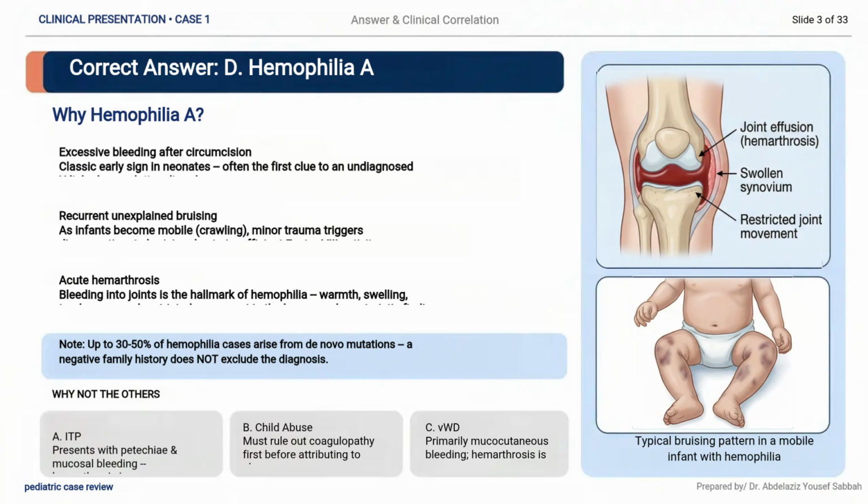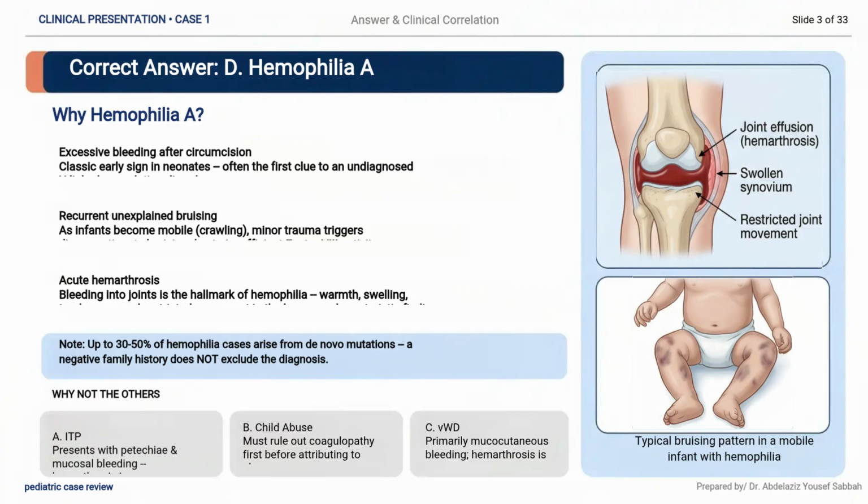First, excessive bleeding after circumcision is a classic early sign in neonates and is often the first clue to an undiagnosed X-linked coagulation disorder. Second, recurrent unexplained bruising. As infants become mobile during crawling, minor trauma triggers disproportionate bruising due to insufficient factor VIII activity. Third, acute hemarthrosis. Bleeding into joints is the hallmark of hemophilia, producing warmth, swelling, tenderness, and restricted movement in the